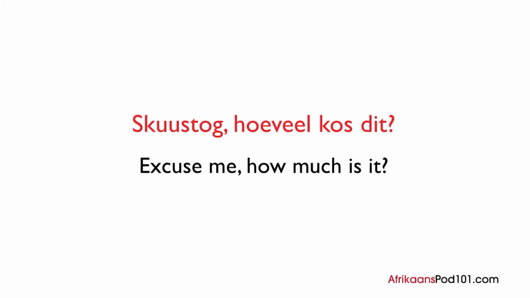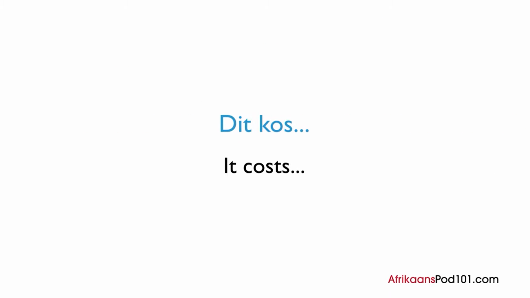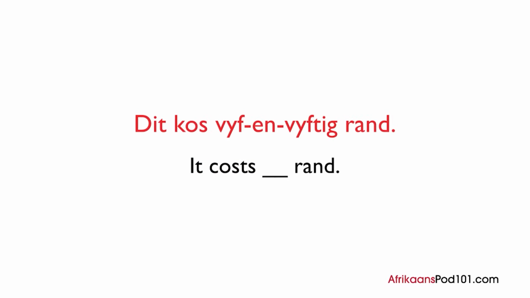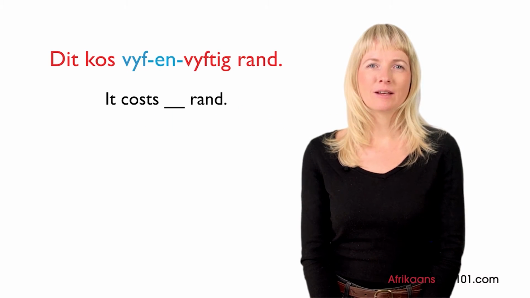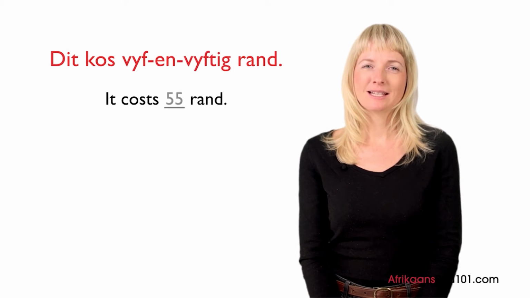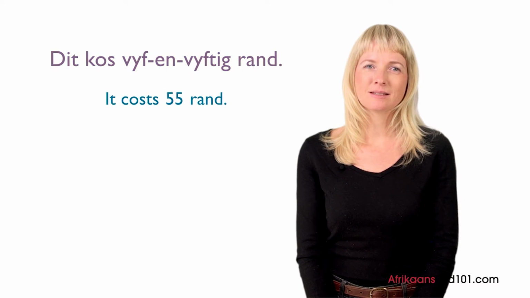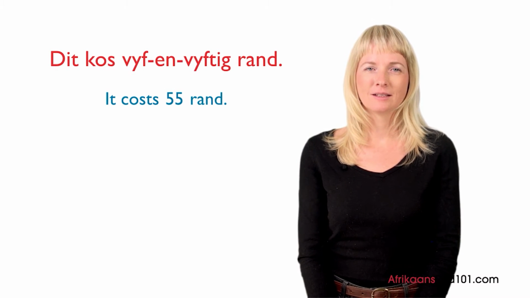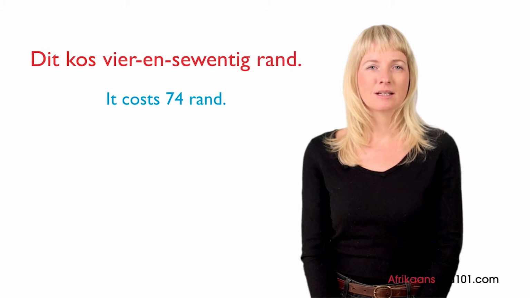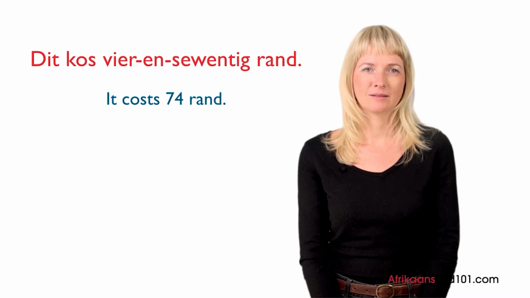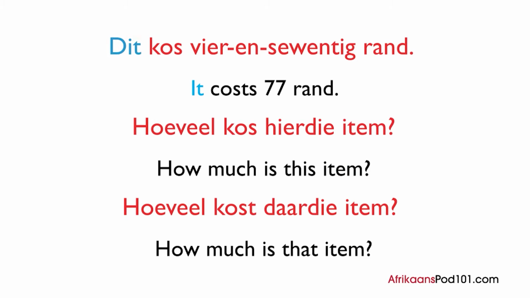At this point, the shop clerk can answer by saying, dit kos. This means it costs. For example, dit kos 55 rand. What number is 55? It's 55, so this means it costs 55 rand. Or he could say, dit kos 74 rand. It costs 74 rand. Instead of saying it, dit, you can be more specific by saying this, hierdie, or that,